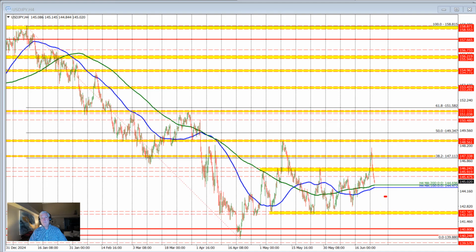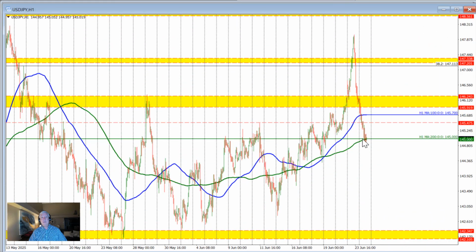We are moving toward a support level defined by moving averages. Off of this chart, the 100 and 200 bar moving averages on the 4-hour chart come between 144.47 and 144.696. If I were to look differently at the hourly chart for this pair and look at the moving averages here, we've already fallen below the 100-hour moving average. That level comes in at 145.70, and that's going to be a resistance level for traders in trading here today. So keep that level in mind,